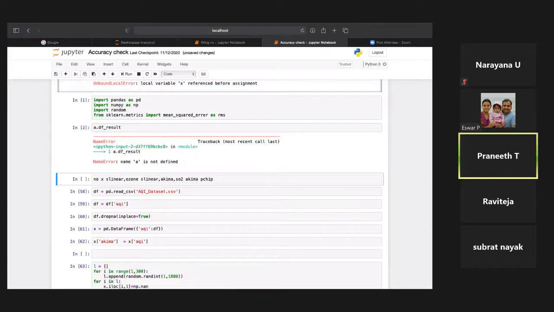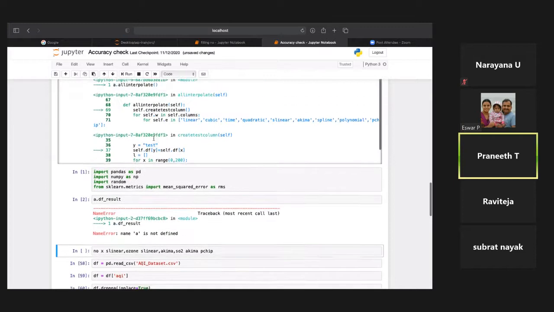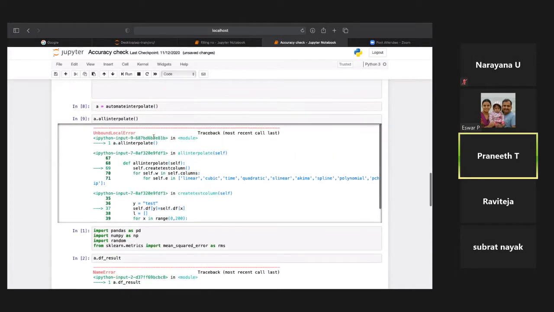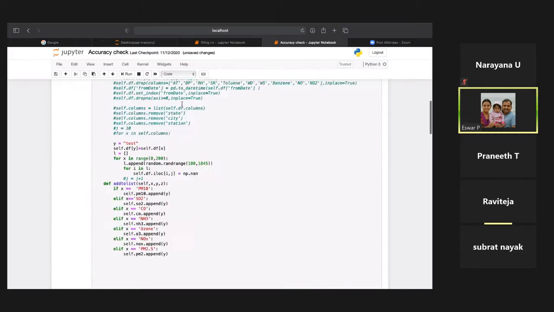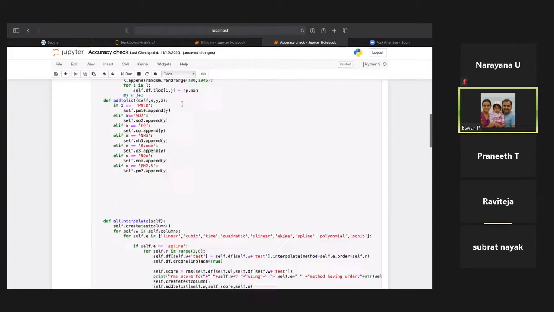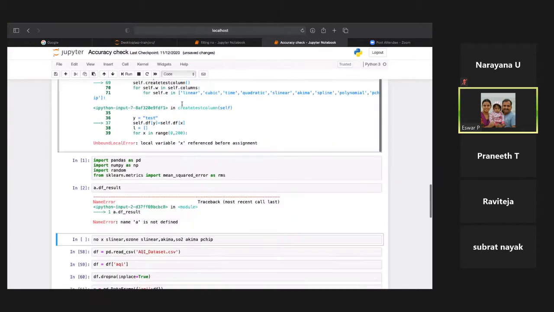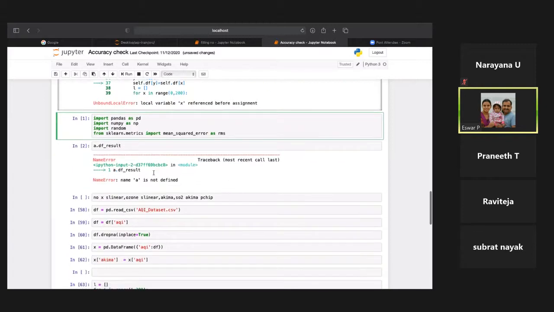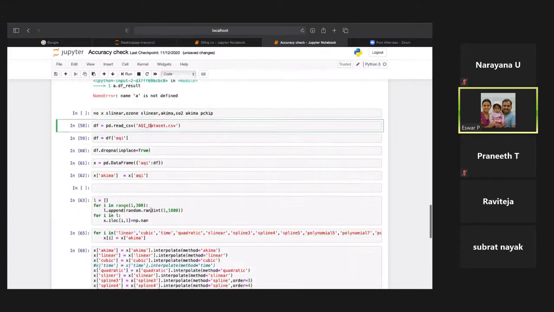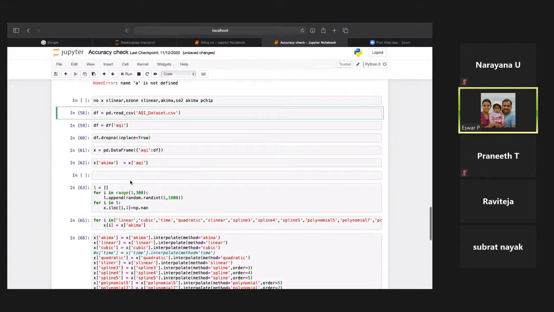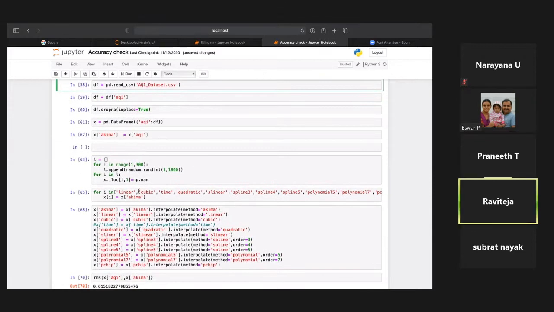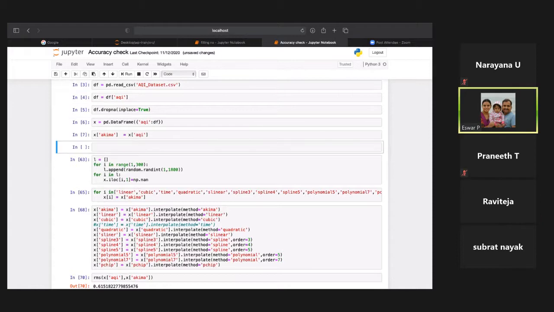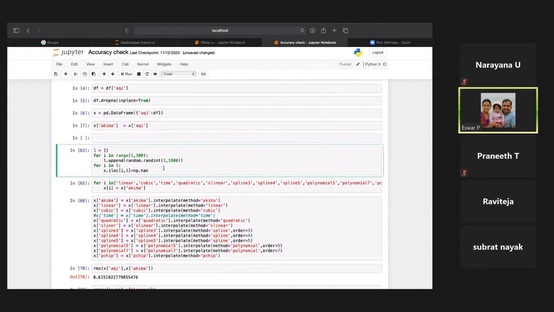Actually, we have done the same thing. We took 5% of the data and deleted it. I have shown it: the first column is the original value, the second column is the 5% of the total data we deleted, and after that the predicted values. So we have the original value and how near the prediction came. Based on that only, we calculated the RMS value. Yes. So even with this, it is giving a good score.